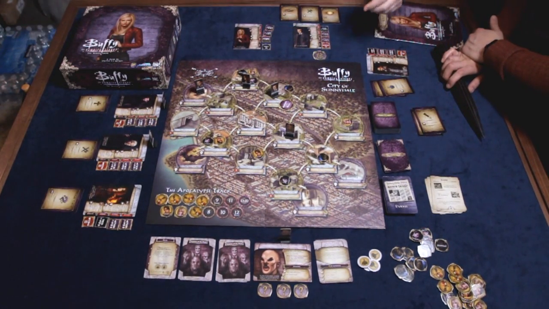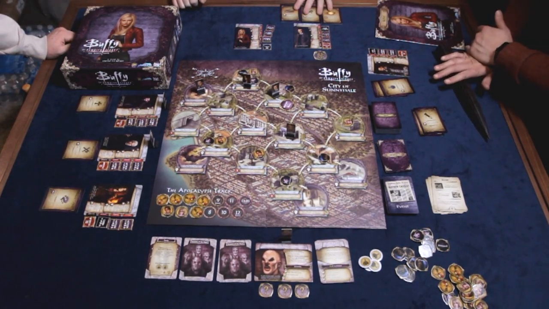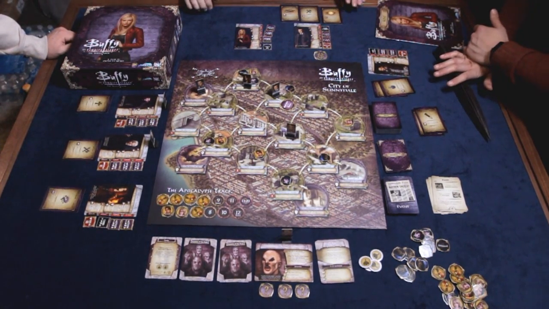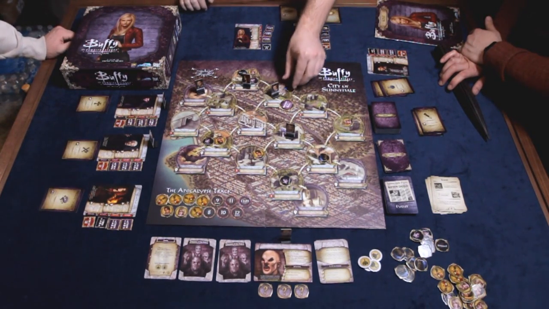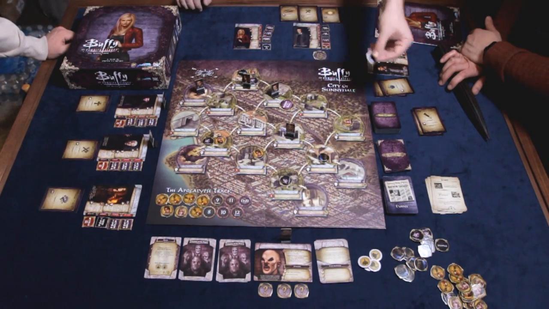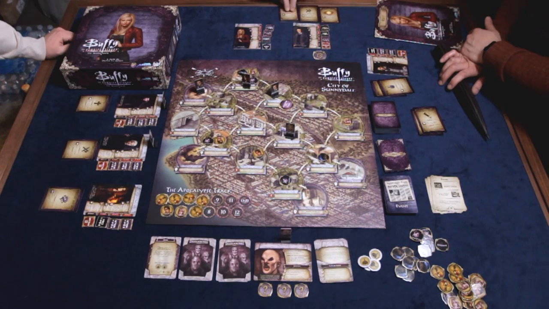Well, that's great. There's always a little backfire going on. But it's okay. Willow has magic supplies, so she's happy. Giles is going to do something useful. I'm going to use my fight action here to slay 2 demons. I mean, there's only one. But it works. He's gone. Back to you, Xander. It does say up to 2 demons, so...